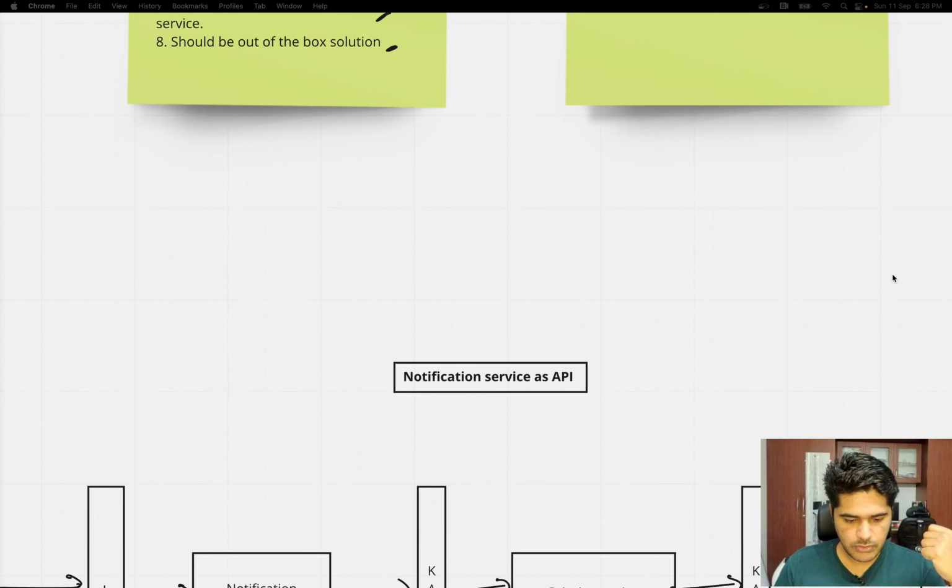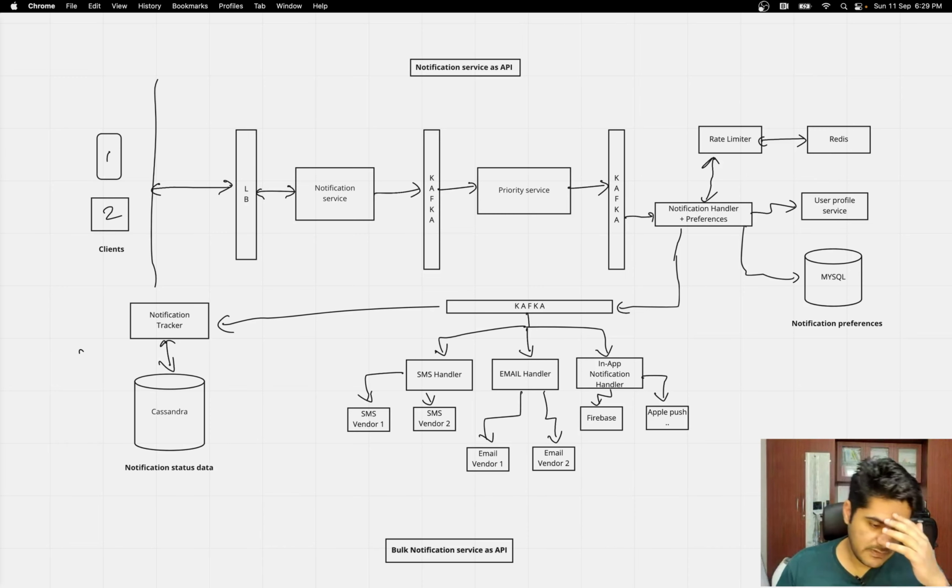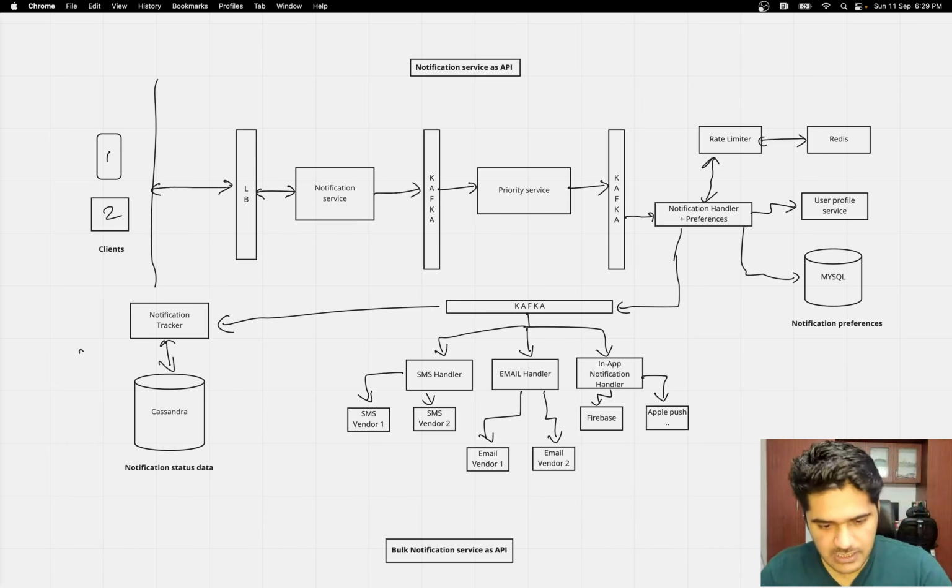So I'm moving on to the design now. Do not get overwhelmed with the design. This can be a very small concise design as well, but in a bigger place where we have a very big scale, these are the ultimate things which you will need to design a notification service. That is what I thought about.